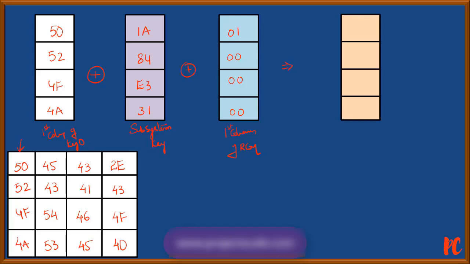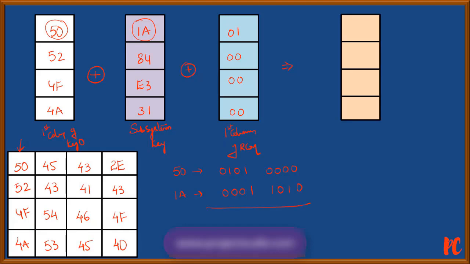So I am going to take the first element of this column and make an XOR operation with the first element of this column. Let me take 5, 0. The binary value will be 0, 1, 0, 1 followed by 0, 0, 0, 0. Similarly, 1a, 1 representation is nothing but 0, 0, 0, 1, and a, which is the value 10, 1, 0, 1, 0.